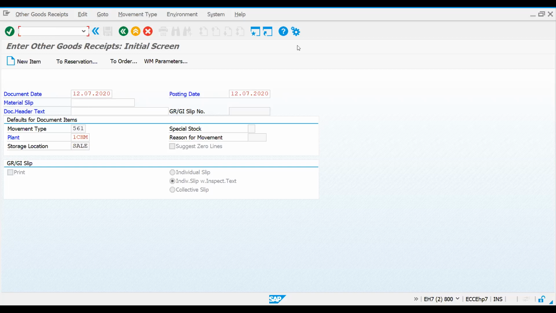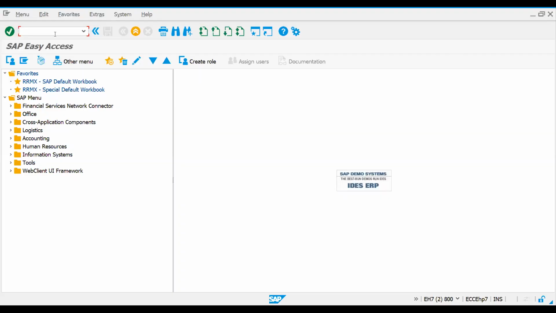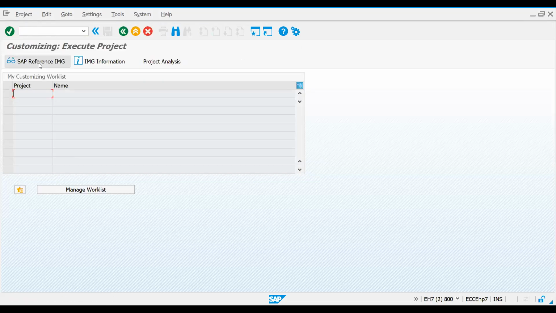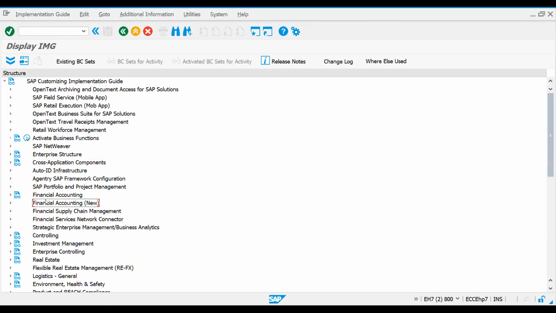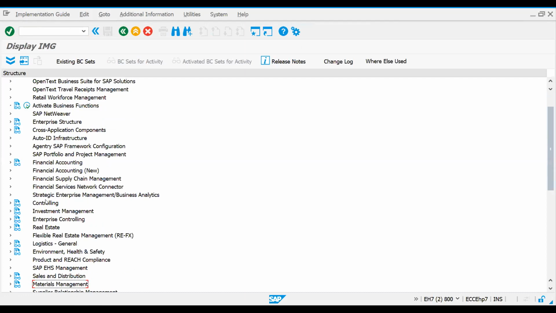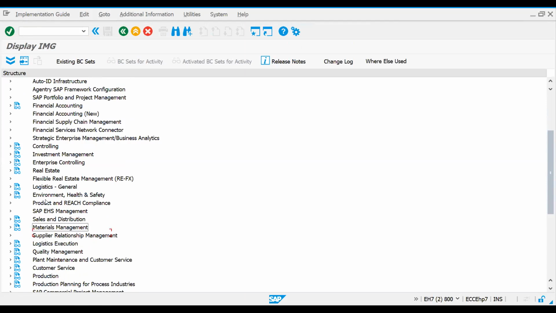How are we going to do this? To resolve the plant parameters, let's get into the path. Go to SPRO, implementation guide, then slowly go down to Materials Management, after Sales and Distribution.